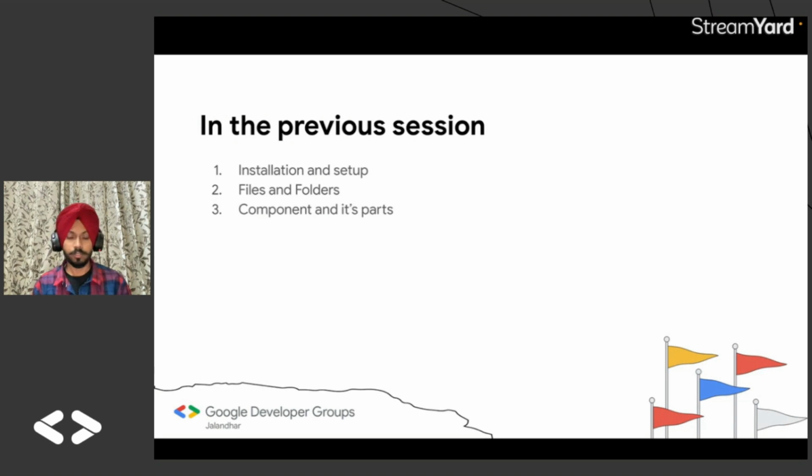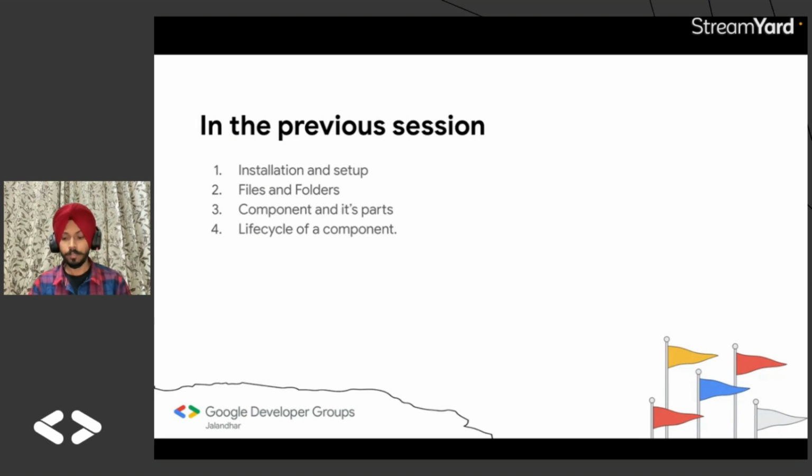Components have 3 or 4 files. First one is the HTML file, where you write the HTML code, the basic structure of the component. And we have the SCSS file where you write the design of the component. Then we have the TS file, where we write the functionality part, and it's a class based component, so it has a class. Then we have a spec.ts file, which is used for testing, which we don't cover in this session. Next we discussed the lifecycle of a component,